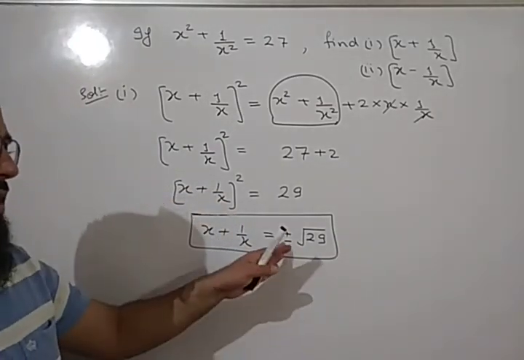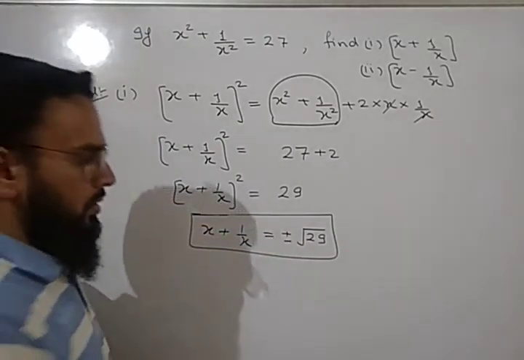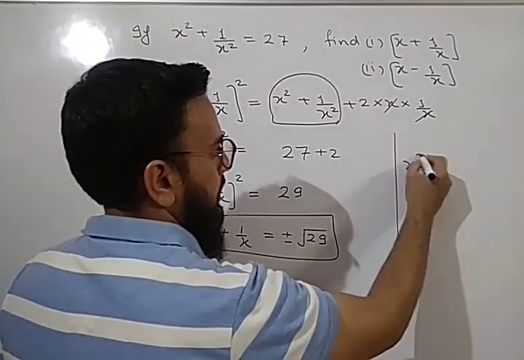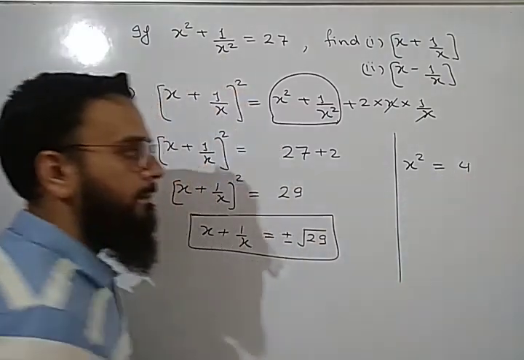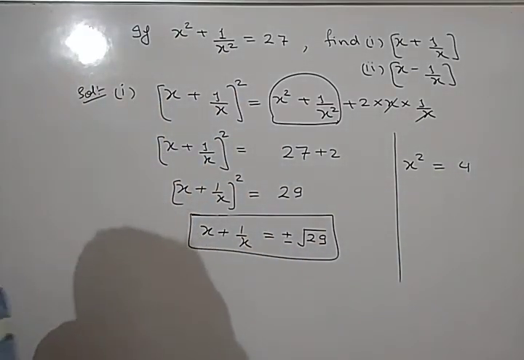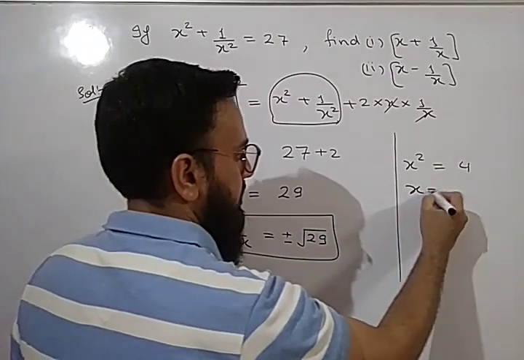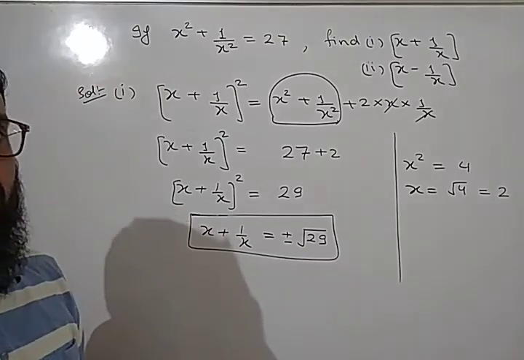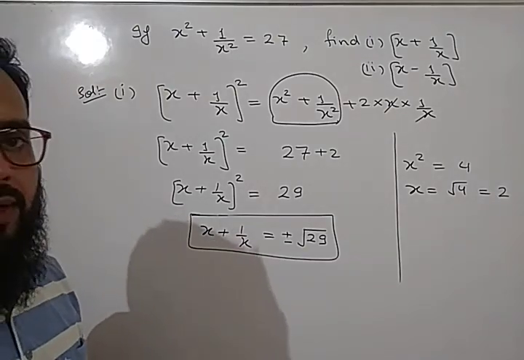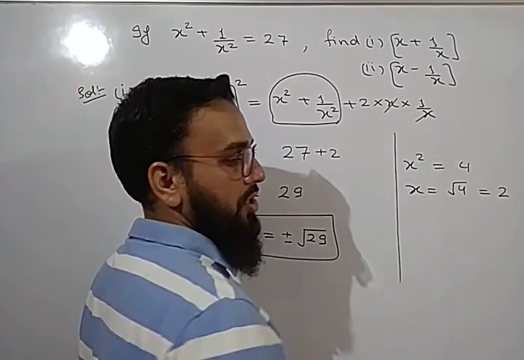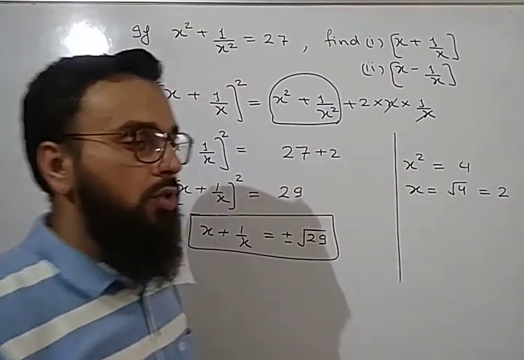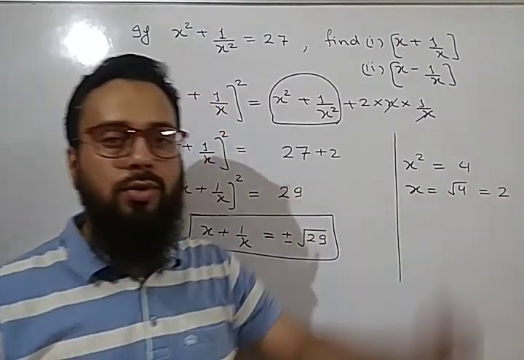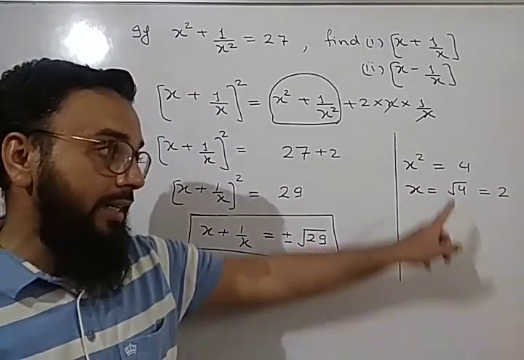Okay, how these plus and minus are coming, if you want to know, let us discuss it also. Suppose you are given x square is equal to 4. Then what will be the value of x? If you write it directly, x is equal to under root 4, which is equal to 2. Is it correct? No, it is not correct. Why? Because it is a quadratic equation. It is a quadratic polynomial whose degree is 2. So there should be 2 zeros. But it is only one answer, x equal to 2. Okay, that's why it is wrong.